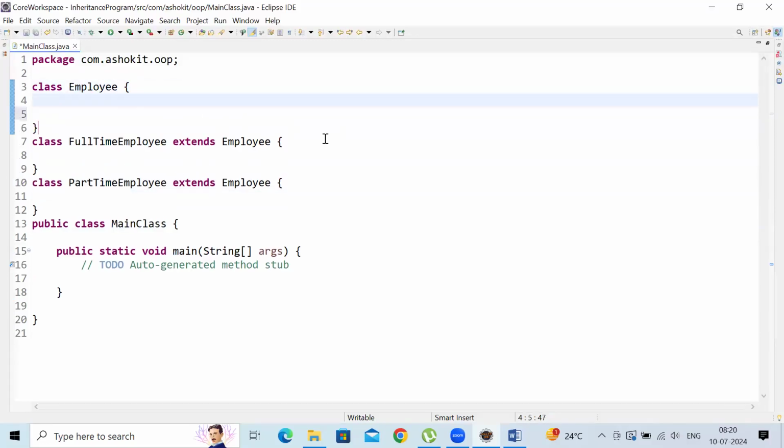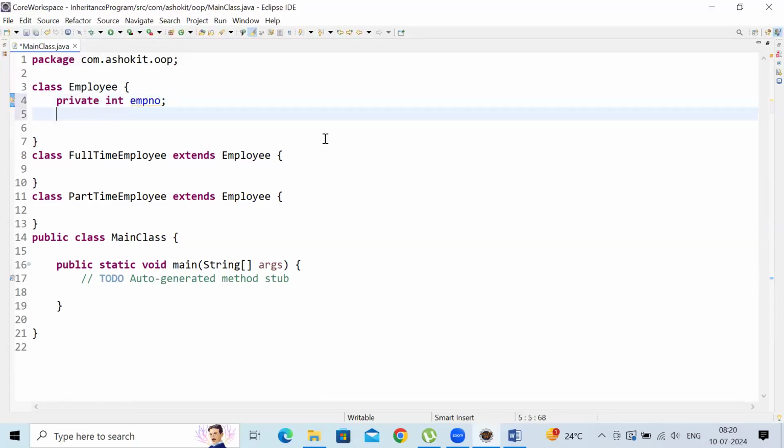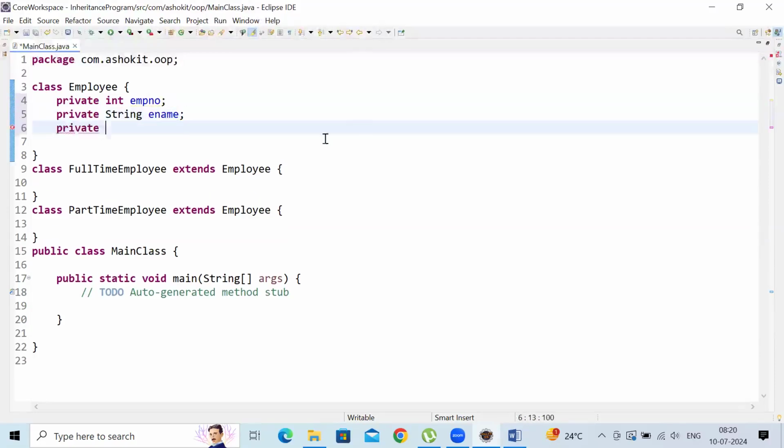Let's add, please understand: private int employee number, EMPNO, private String ename, private double salary. Okay, we will do calculating salary later. Because full-time employee and part-time employee both contain the salary property, but calculating the salary will be different from full-time employee to part-time employee. That's why I'll do one thing. Employee number, employee name,